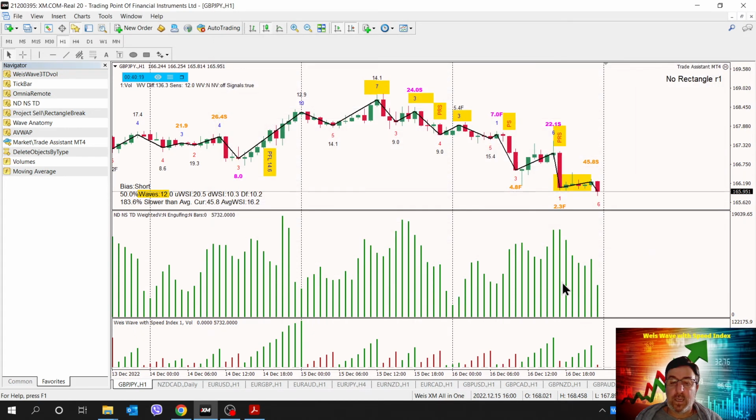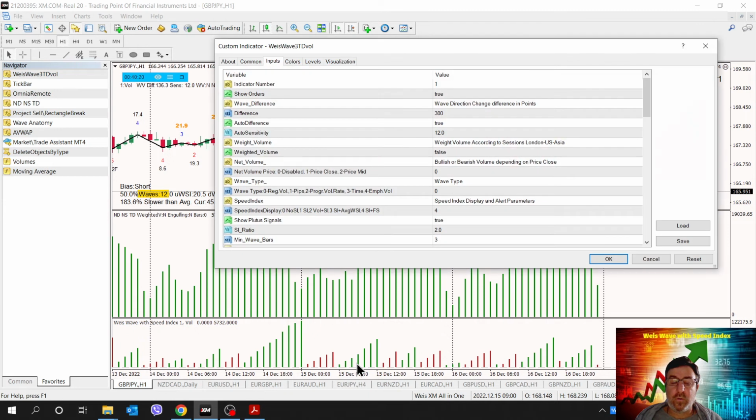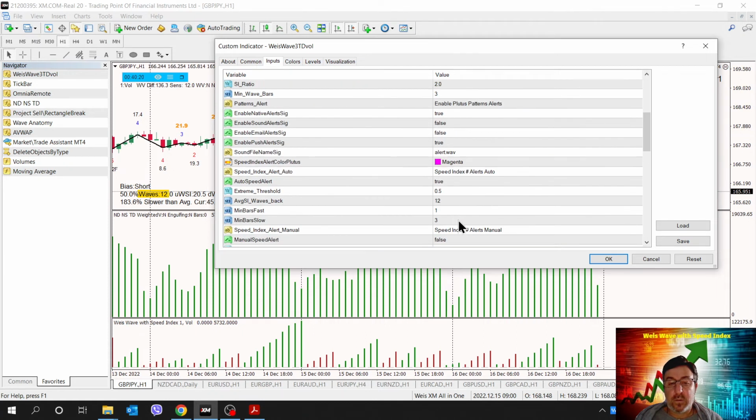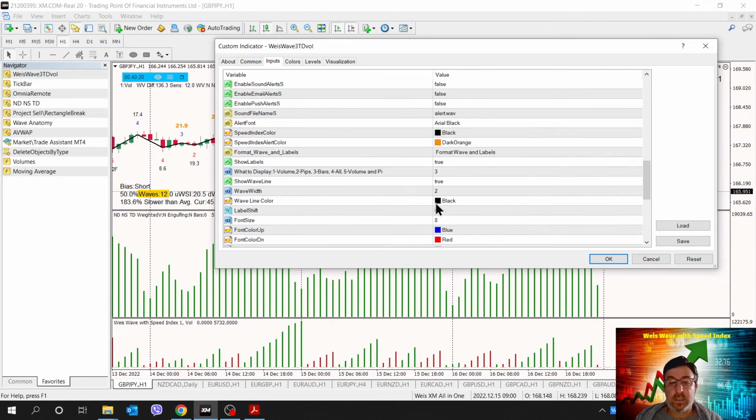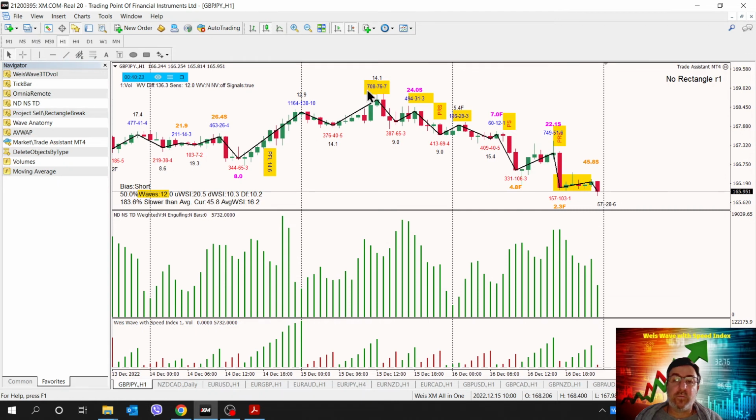And we might want to put all together, meaning the volume, the pips, and the number of bars. So change the setting to 4. Right now we got everything. We got the volume, the pips, and the number of bars. Plus above it is the speed index.